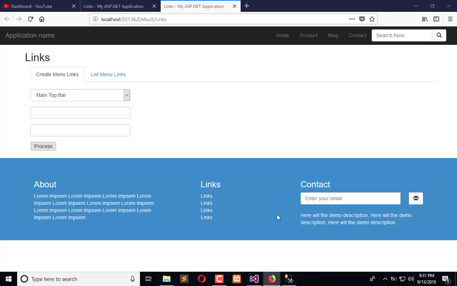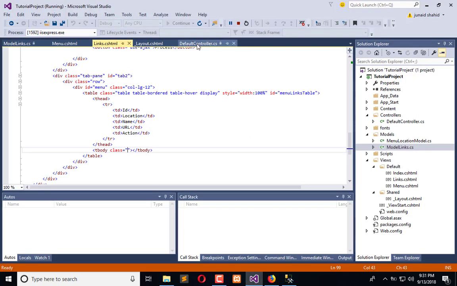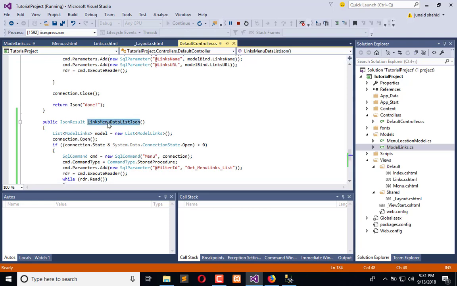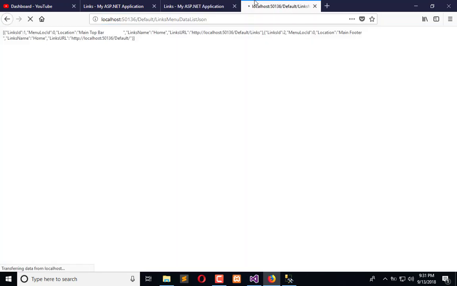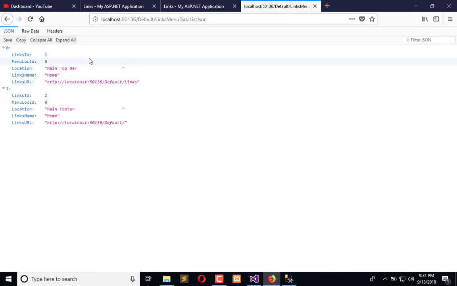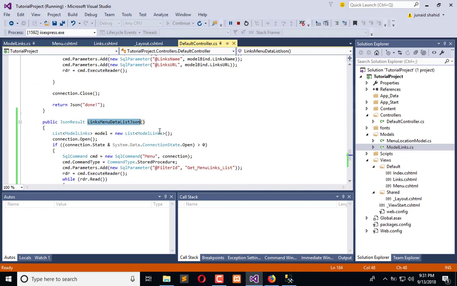Now it has been executed, and we need to hit this URL simply to check whether it is working or not. So here we get the record, it means it's working. Now what we need to do, we need to